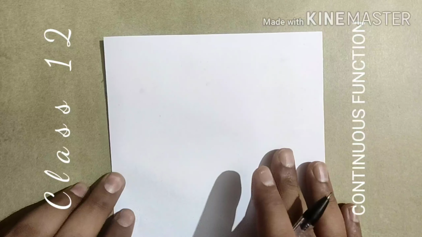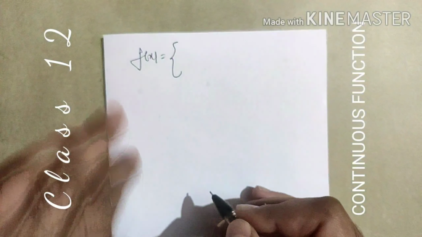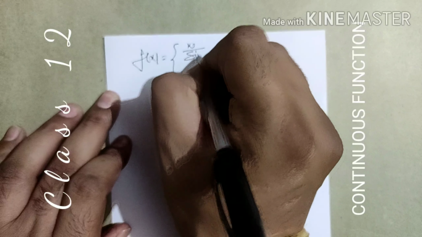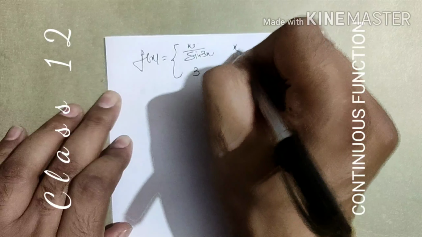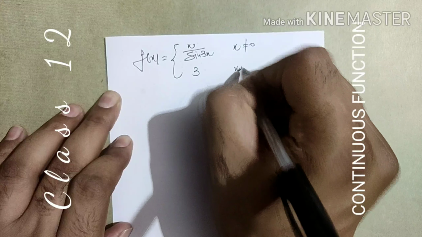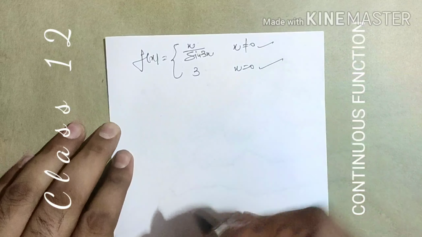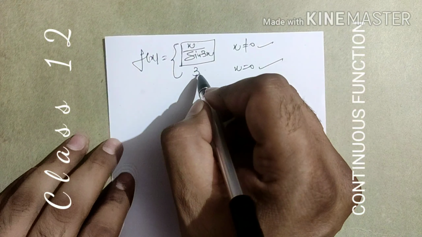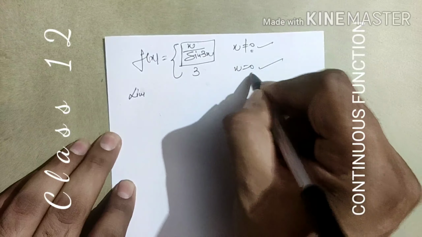We are taking more examples on it. Now we are taking an example of a trigonometric function. We have done this one. This value is given for the trigonometric function, and the other is given as 3, at x not equal to 0 and at x equal to 0. Again, one variable part, other is constant part. We use only the variable part to simplify and match this constant value. So the limit, common point is here 0.